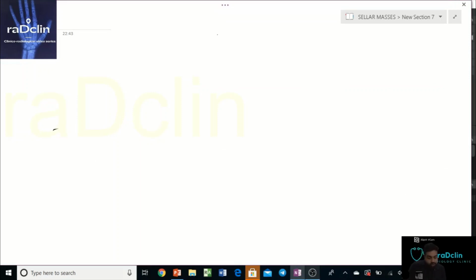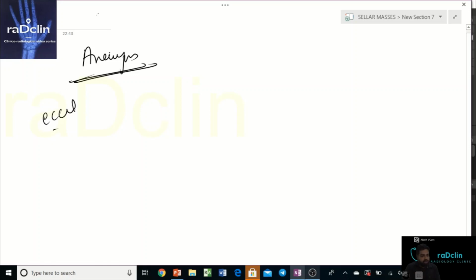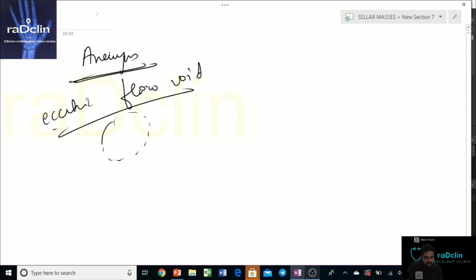Another differential of this area that could be enhancing, that could be a mass lesion, is the carotid arteries, which are also closely involved with the sellar region. So with any kind of an aneurysm, we always have to look out for these aneurysms. How to suspect an aneurysm: on MR sequences it will have an eccentric flow void within it, and most importantly, if an aneurysm is chronic, it will have a peripheral rim of calcification. So that is how we can suspect an aneurysm. But we have to always look out for an aneurysm. We have to see the carotids and their relationship with the lesion.